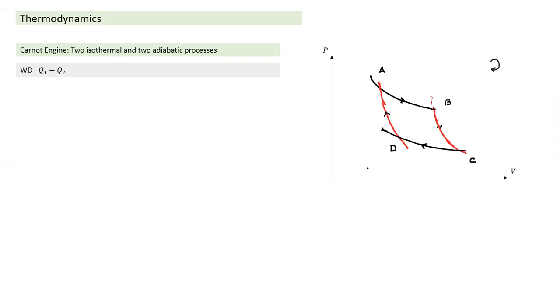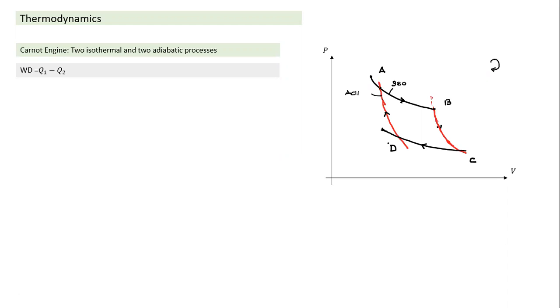In this, there are two adiabatic curves and two isothermal. Can we easily identify which is adiabatic and which is isothermal? The one which is steeper at the same point of intersection. If I compare these two curves intersecting here, this is flatter, this is steeper. It means this one is isothermal and this one is adiabatic. Similarly, for the other one, red is adiabatic and this is isothermal, and it has four steps. A to B is isothermal expansion, followed by adiabatic expansion, followed by isothermal compression, and followed by adiabatic compression. So these are the steps involved here.